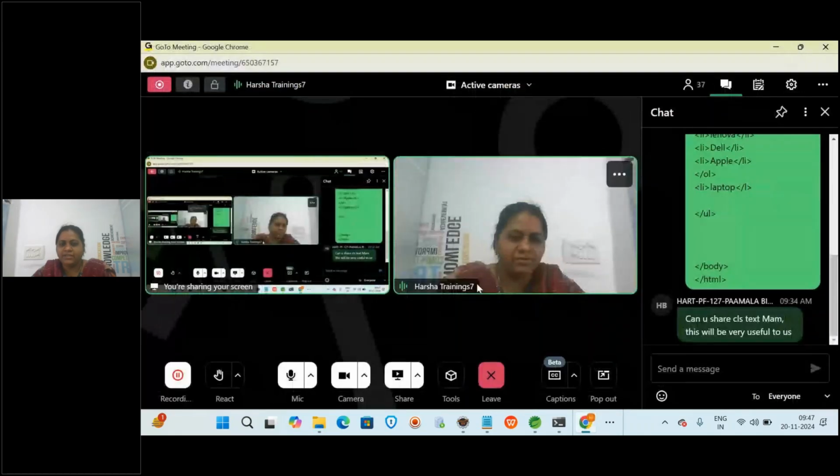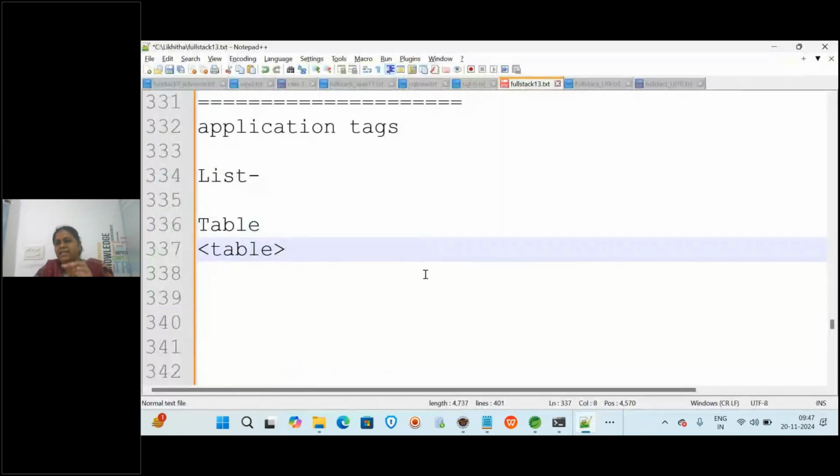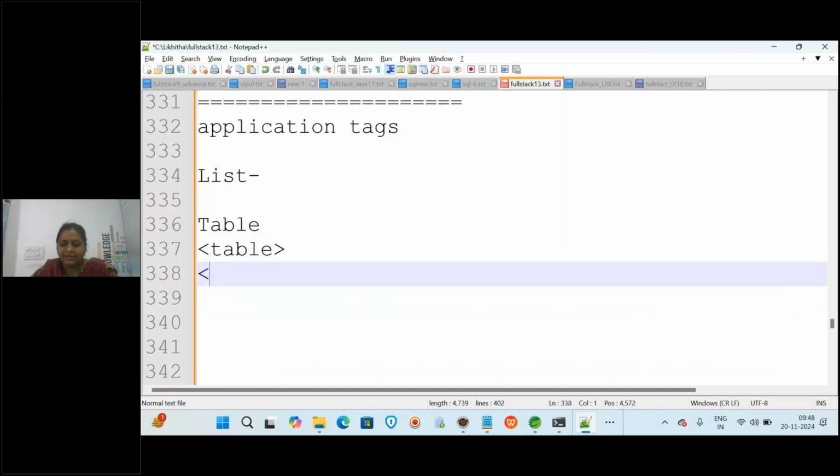Okay, so the table tag will be there. This is like the main tag for the table. A few tags will have parent and child tags. If you see ordered and unordered list, OL is a parent tag, OL is having LI as what? Child tag. In the same way, if you want to create one table, table is the parent. And after this, what does the table contain? Row.